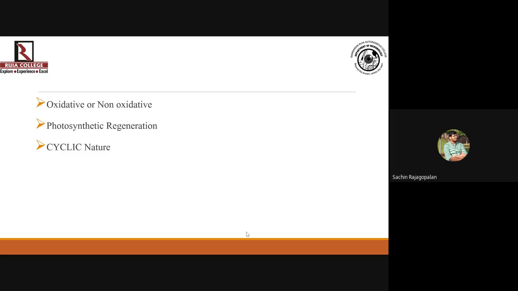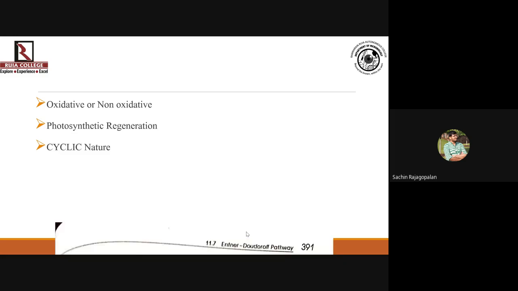Okay. That makes the photosynthetic process, the Calvin cycle or the C3 cycle as you call it, cyclic in nature because you start with RuBP, you end with RuBP. If you remember, you've studied it in 12th standard, ribulose bisphosphate, right? So you start the Calvin cycle with RuBP, you end it with RuBP. That regeneration of RuBP is very, very similar to what you have studied right now in the non-oxidative phase. So if you learn this process very well, then that's going to be a cakewalk for you.